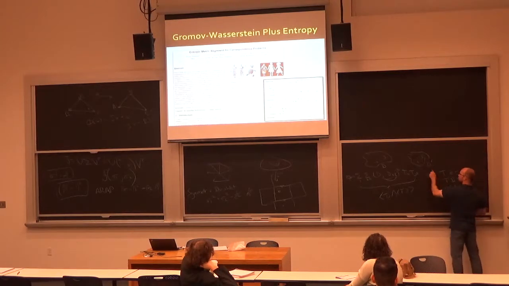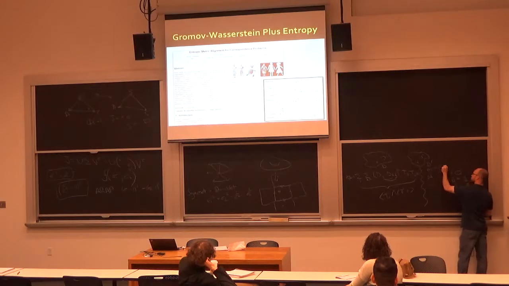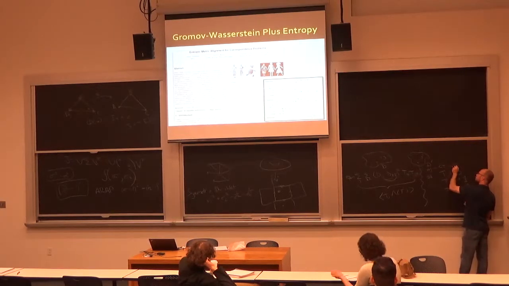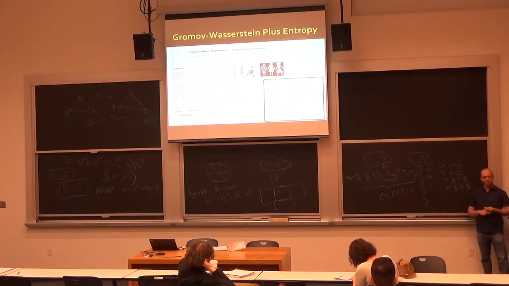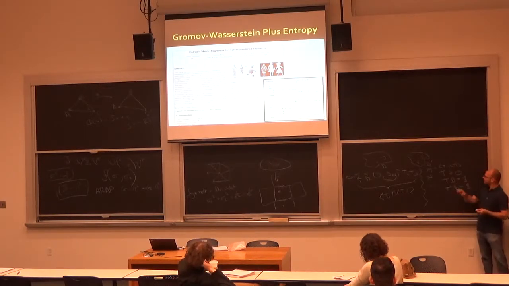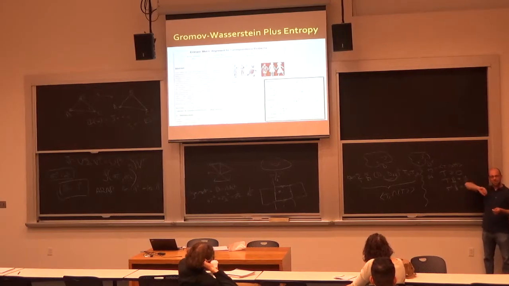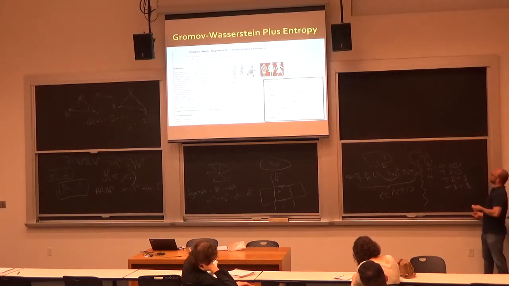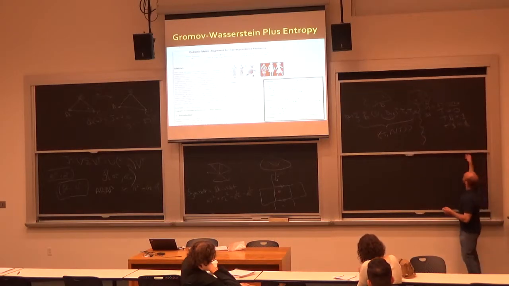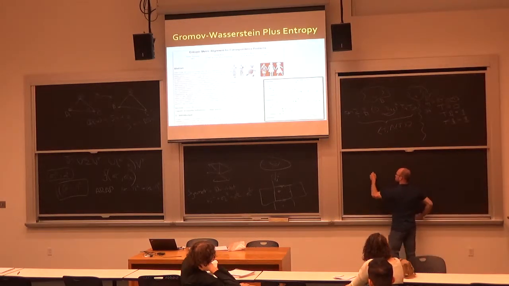Okay. Can anybody think of a really stupid way to optimize this problem? Essentially, this problem looks super close to what we already know how to solve. If this term weren't here, it would be an optimal transport problem. So what I'm going to do is just ignore this term. I'm going to pretend it's a constant, and then I'm going to iterate. So in particular, what I'm going to say is that T